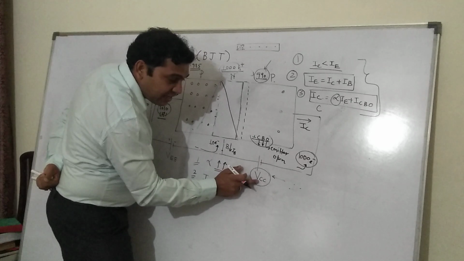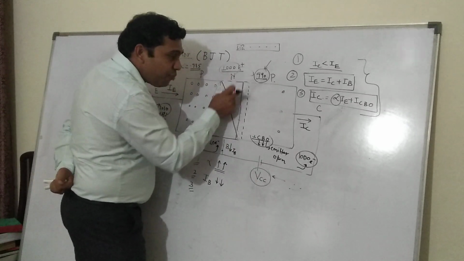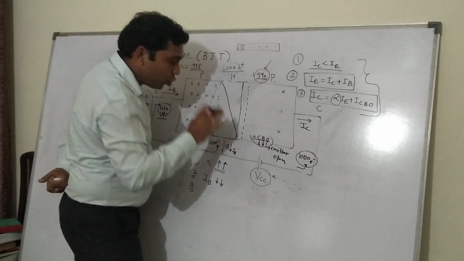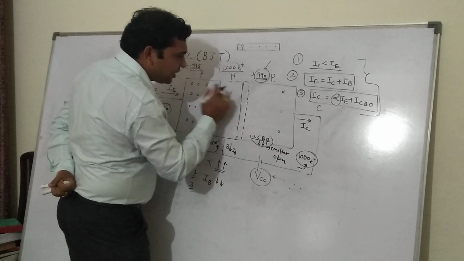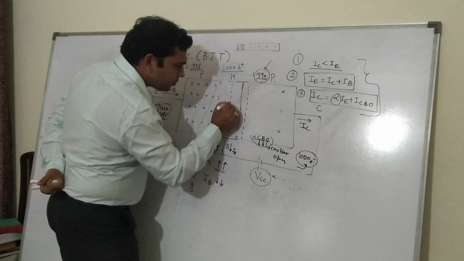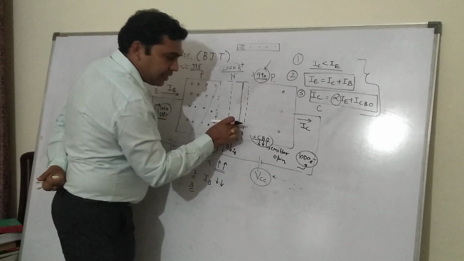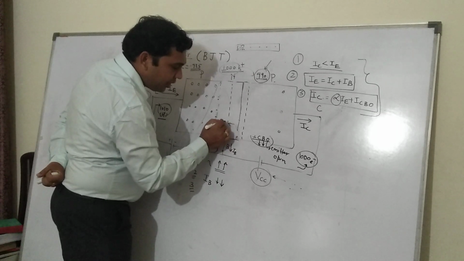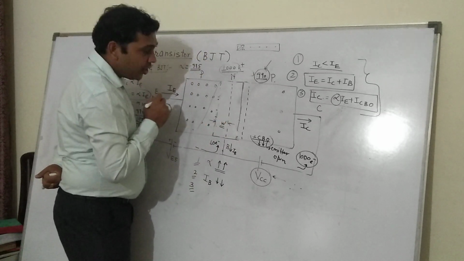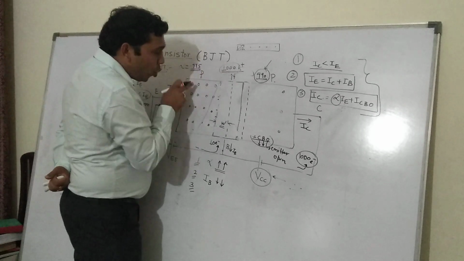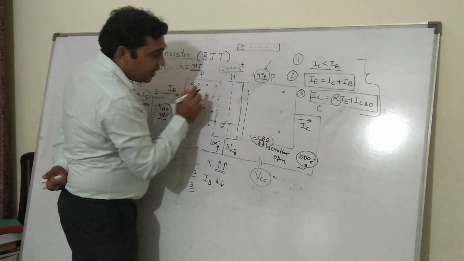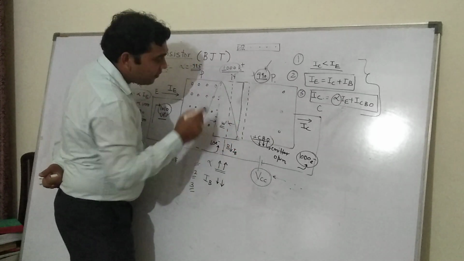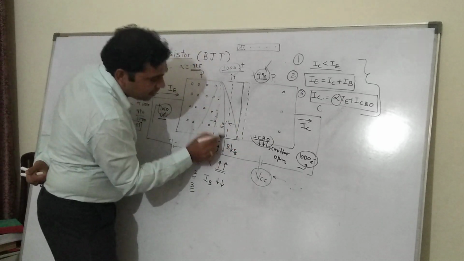Now, since we have increased the VCB, the effective base width has been reduced. So this effective base width is now, let's say this. So this is a depletion region. So the effective base width is this only, the W dash, the new effective width, is this only. So now these 1000 holes which have crossed here, earlier they had a diffusion concentration gradient curve like this. Now the concentration gradient curve is this.